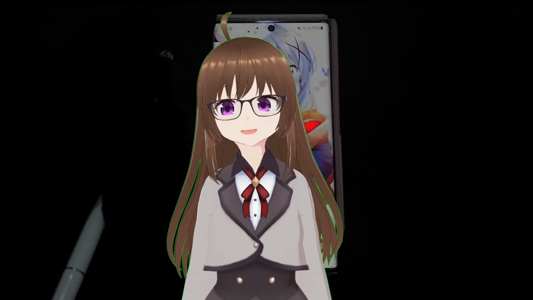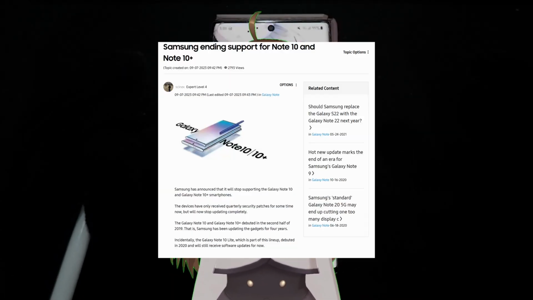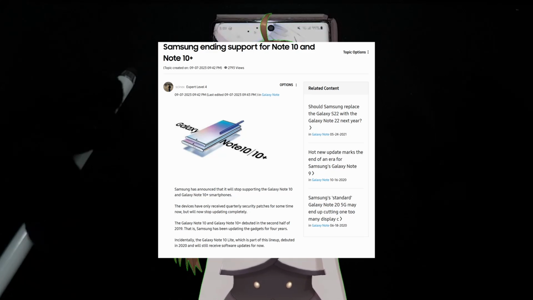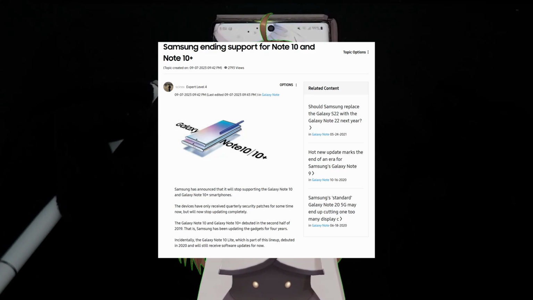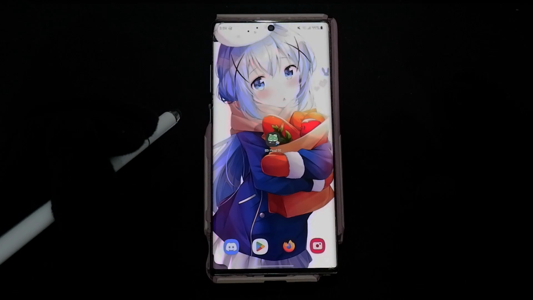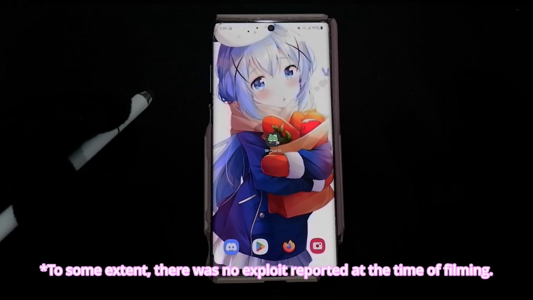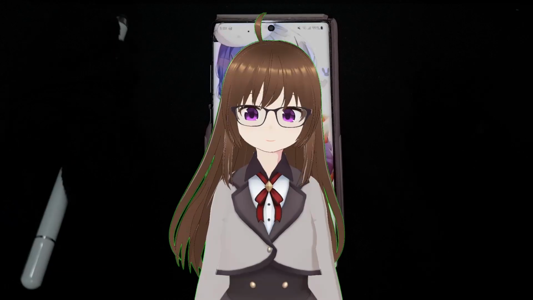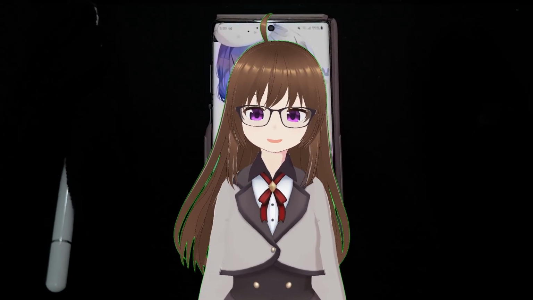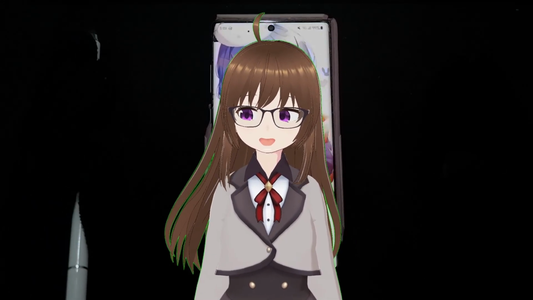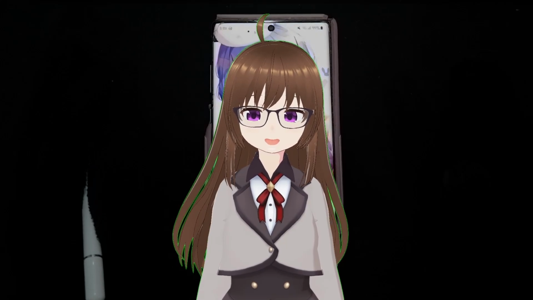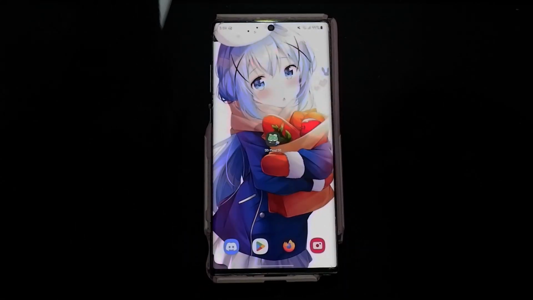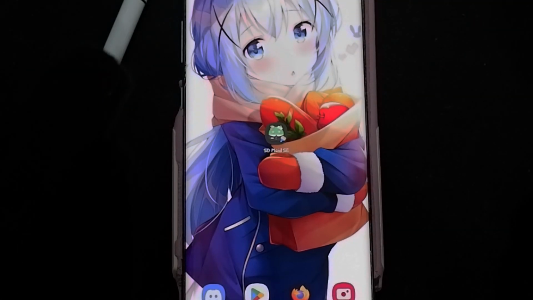And on top of that, Samsung has decided to discontinue security updates for the Galaxy Note 10 Plus, which also means this phone is no longer secure and it could be subject to security vulnerabilities after being left alone for a long time. Usually a general user would just buy a brand new phone, but I don't get that kind of luxury and I don't got that money, at least for now. So let's install a custom Android OS.